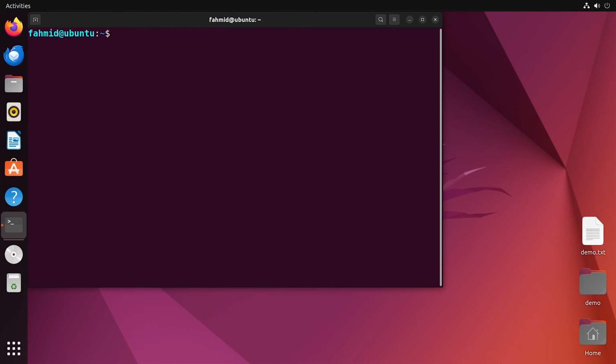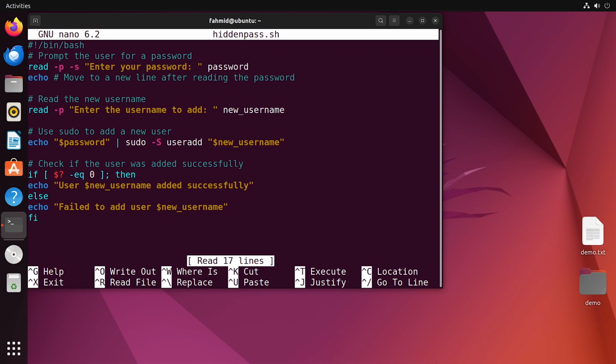In the second case, I will talk about how to read password without showing it to the user. So let's see how it works. For this example, I have already created a script named hiddenpass.sh. Here I have started with the shebang line, then I have taken a user prompt, which is the password of the user. Here I have used the -s option, which will take the user prompt securely, meaning it won't show